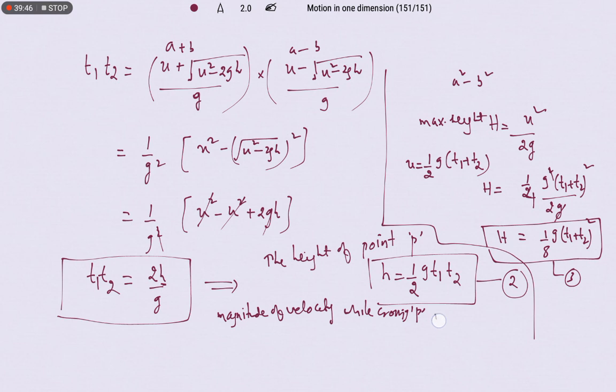So the final velocity we need to find when it crosses the point P. V square minus u square is equal to 2as. V square minus u square is equal to 2 into this value we are going to get g, and this will be h. After using this expression and substituting the values, we are going to get g into (t2 minus t1) by 2. So this is only rewriting, so no need of writing all the values here. So directly I am giving the formula. So g into (t2 minus t1) by 2, this is the magnitude of velocity of the particle while it is crossing the point P. Okay, so this is an important application.